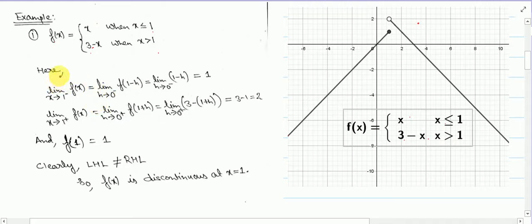So here firstly we will find its left hand limit. Since we are looking for continuity at x equal to 1, you know that if I am looking for continuity at x equal to a, then we write limit x tends to a minus of f(x). But right now we are looking at x equal to 1, so we'll write this. So left hand limit